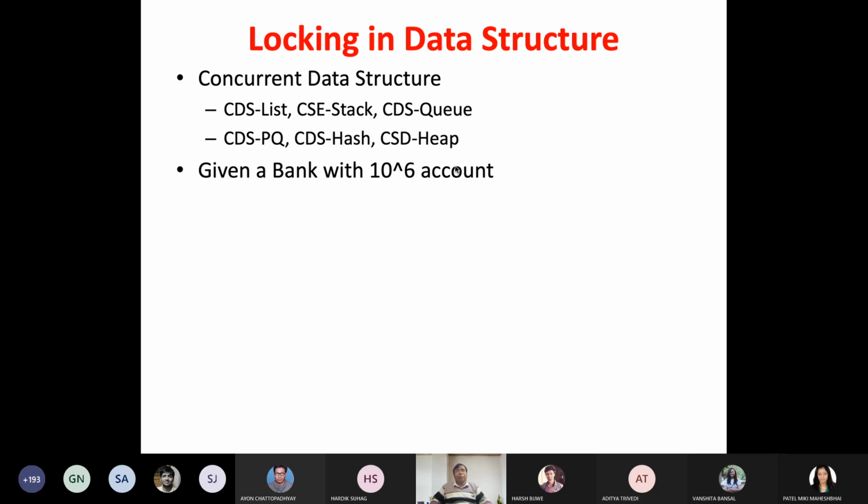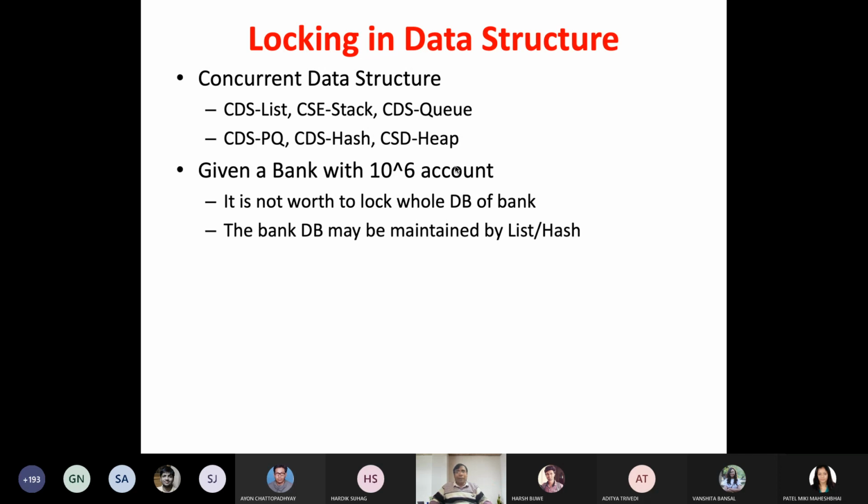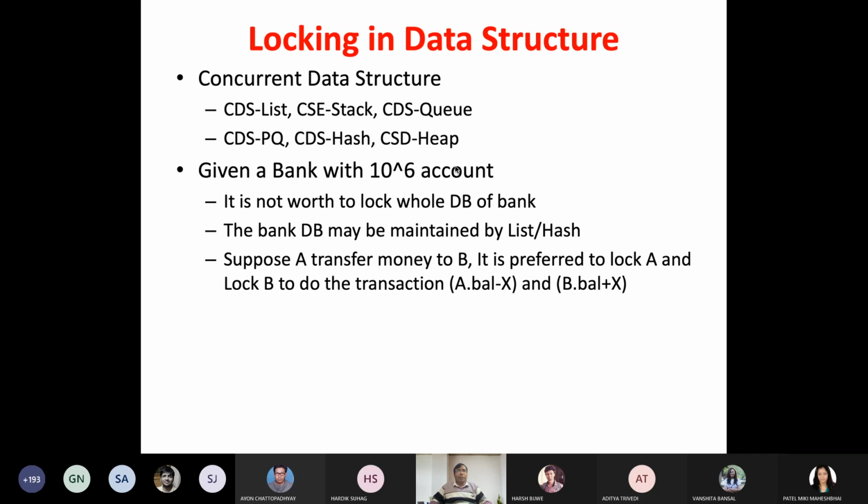So given a bank with 10 to the power 6 accounts, suppose it is not okay to lock the whole database of the bank for one transaction. The bank database may be maintained by a list or hash. Suppose a person A transfers money to another person B, or from account A money gets transferred to account B. It is preferred to lock A and B to do the transaction. You lock A and B,